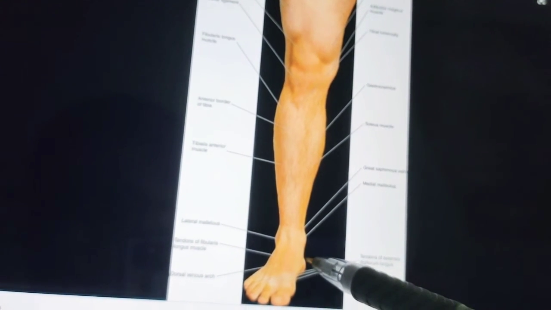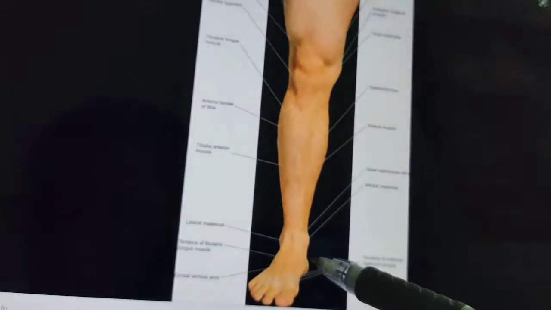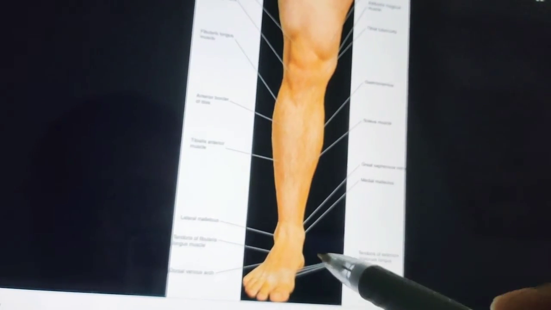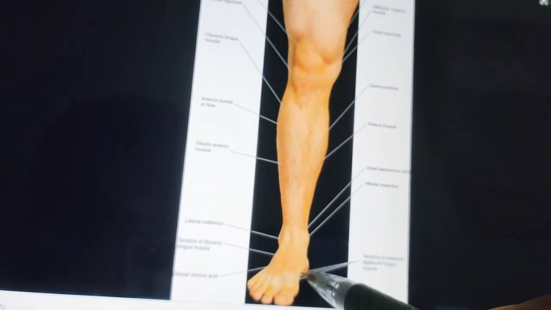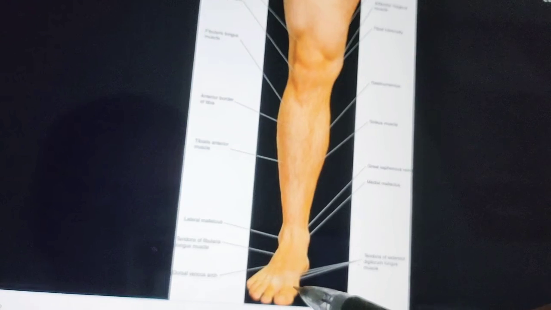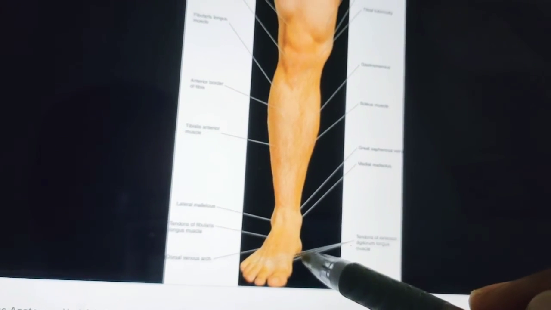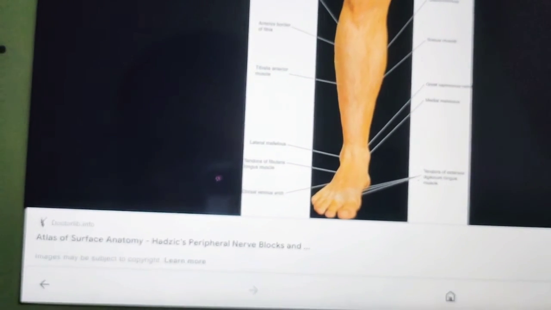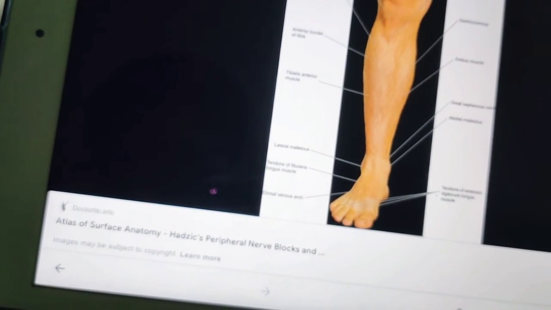Okay. And next, coming to the tuberosity of the navicular bone, it's a low bony prominence. It is present anterior and inferior to the medial malleolus, about midway between the back of the heel and the root of the big toe. So this is the big toe, this is the back of the heel. So in the midway you can feel that navicular bone, especially its tuberosity.